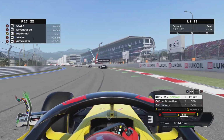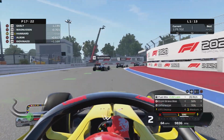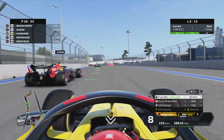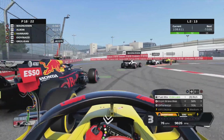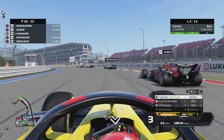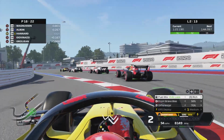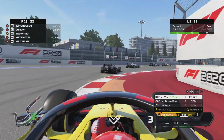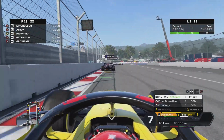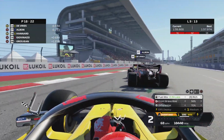But what a start to this Grand Prix. I still can't believe Nick overtook about 8 different cars in turn 1. Well, there goes Albon round the outside, trying to undercut him there, but it didn't quite work out. So Charles Leclerc leading the way. Good for him. Well, going on to lap 4 of this Grand Prix, you can see how close we are